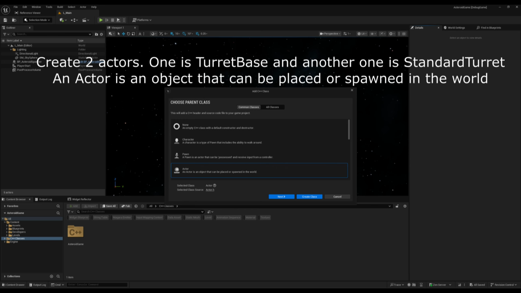Now let's make C++ classes for turrets. This part introduces inheritance and polymorphism. Our game will feature different turret types with unique logic, and this is exactly the case where polymorphism becomes useful. I have created two classes, turret base, which acts as an abstract base class, and a standard turret which inherits